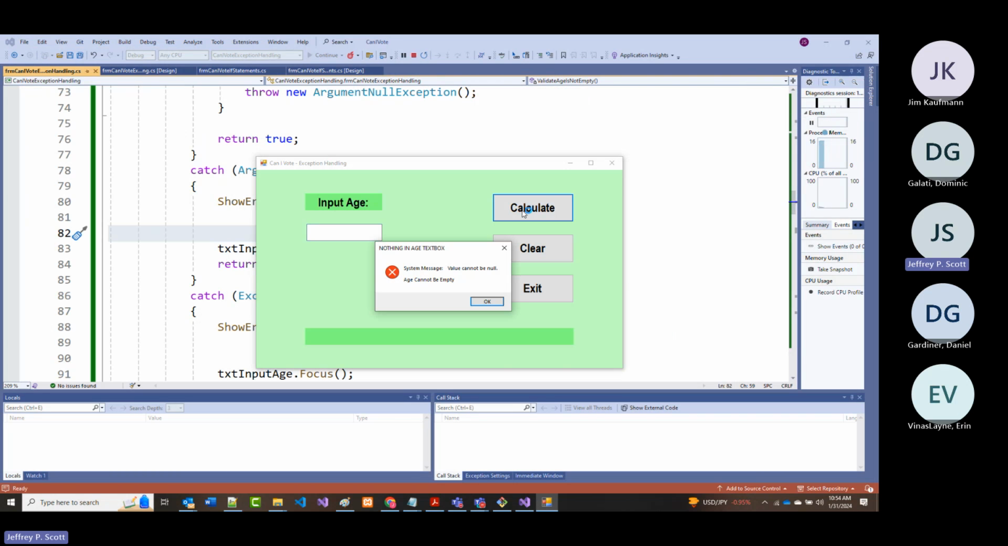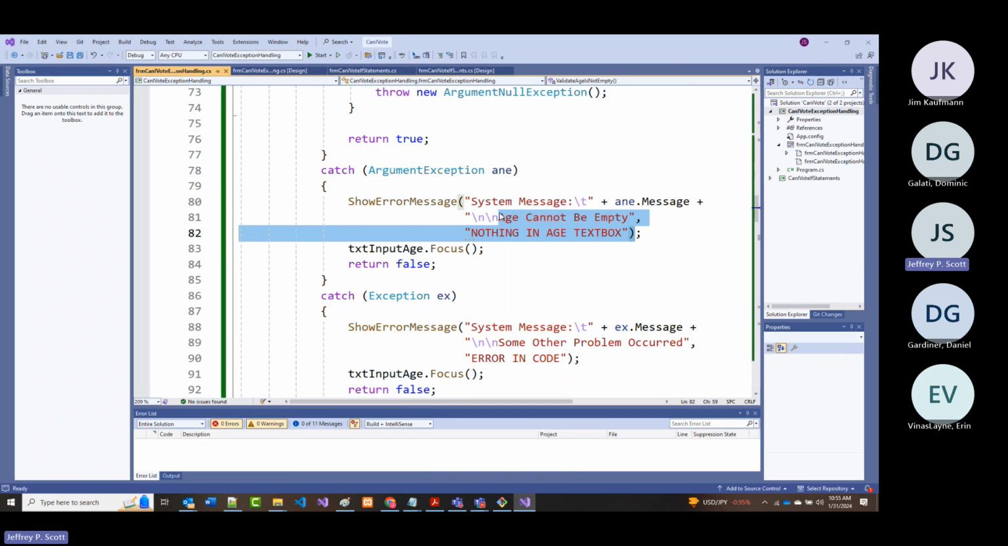And again, I'll leave it empty. Now notice the system message is "value cannot be null." My message is "age cannot be empty." All right, if I want to, I can also put in here the system message,